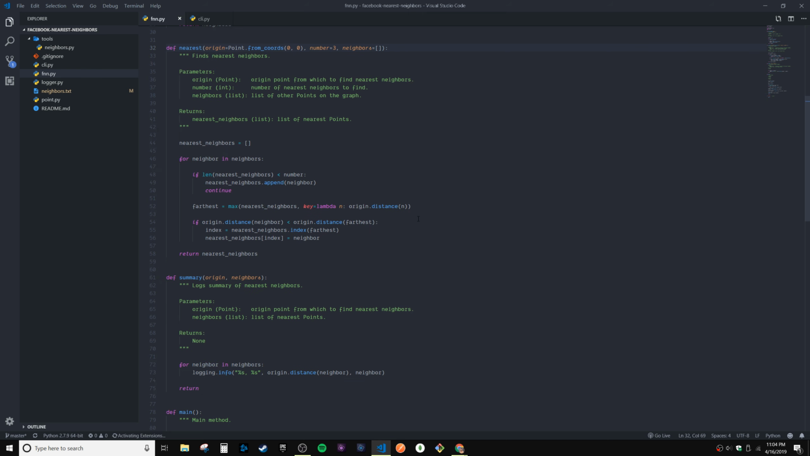So the algorithm's like this. We're going to maintain a list of the number of nearest neighbors. If that's 3, that list would be 3 items long. If it was 100, it'd be 100 items long. For every possible neighbor that we have,